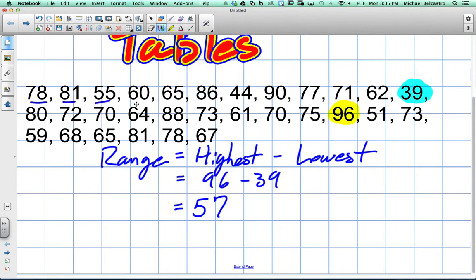1, 3, 4, 5, 6, 7, 8, 9, 10, 11, 12. Twice is 24. 5, 26, 27, 28, 29, 30. Okay, so we have 30 pieces of data. Okay, so 30